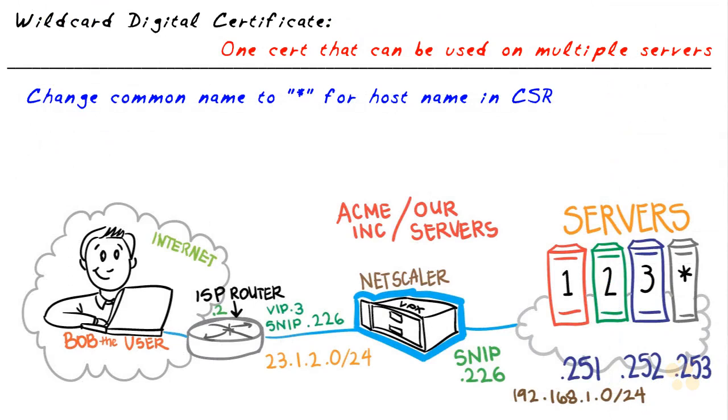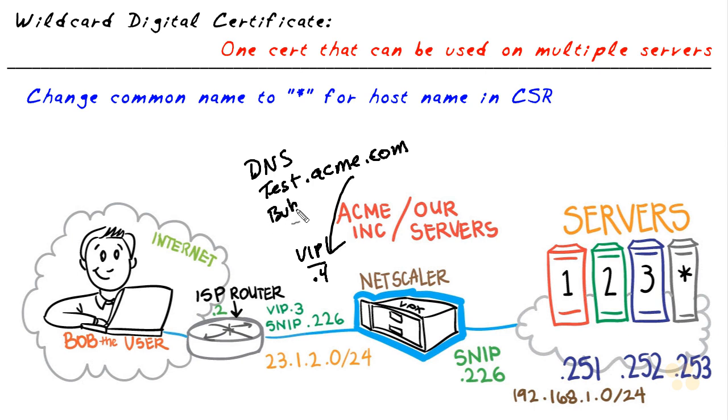So I was thinking of a great way that we could test this. Now we have multiple VIPs. The VIP we have for the SSL virtual server is .4. And so what we could do inside of DNS, in DNS we could play a little game and we could create multiple entries. For example, we could create test.acme.com, have it point to .4 on this 23.1.2 network, and we could create one called bubba.acme.com, and have that point to the .4 address on this 23 network. And if our wire